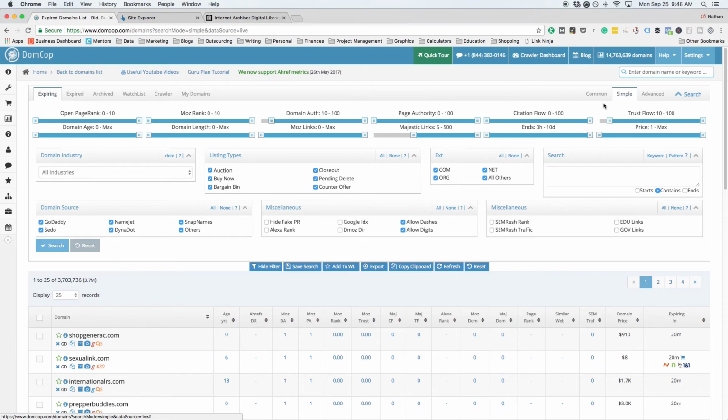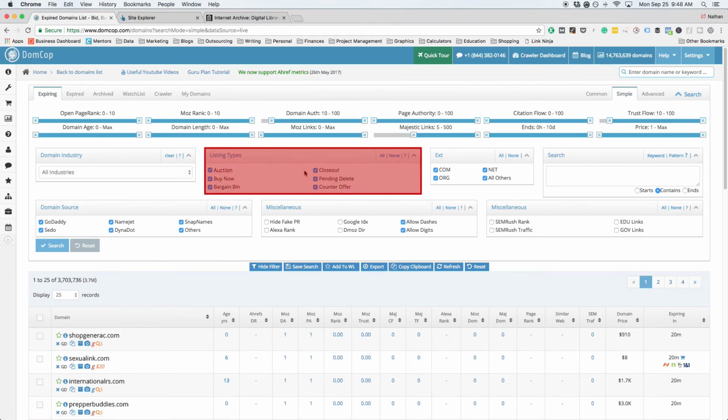The main reason for setting these minimums is that we want to get rid of any low quality domains that are just going to waste our time when we're trying to go through and qualify these domains. Anything that has less than a DA of 10 or a trust flow of less than 10 is probably not going to be a great opportunity. This isn't always the case, but in many cases, domains that have metrics lower than those minimums probably are not ones you want to be pursuing. You can always adjust this later, but just for this example, we're going to keep these minimums.